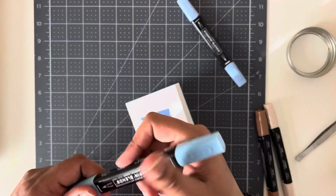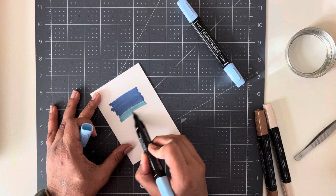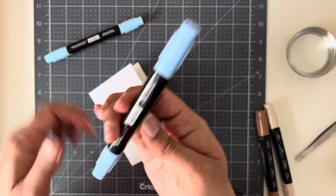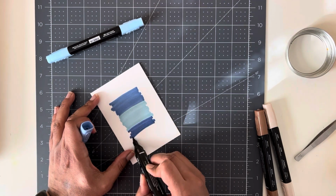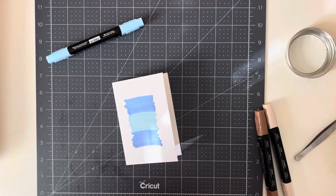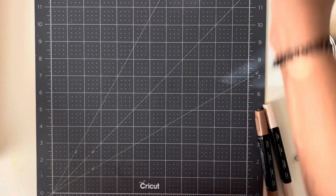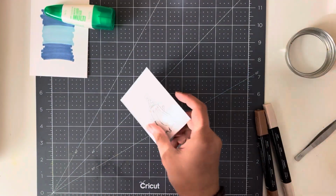And then I'm gonna do the same thing with the other color. They'll look really nice together, I think. And then again, I'm gonna do this color. Just like that. So that's gonna be my background. And then I'm just gonna set this off to the side now. Just leave it there. Put my glue on top of it to hold it down,